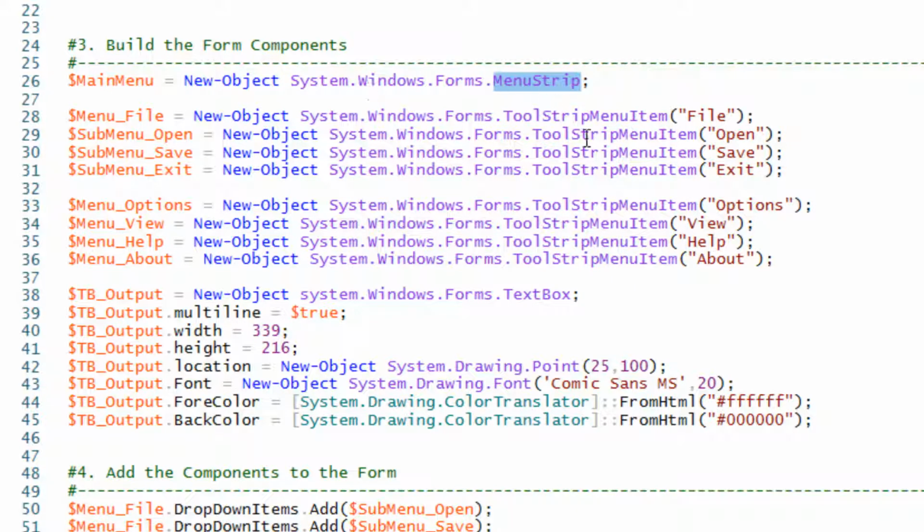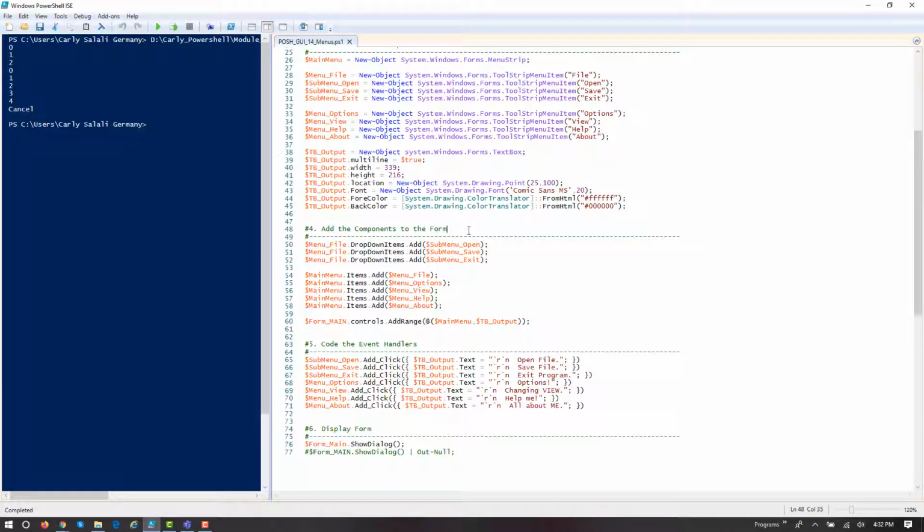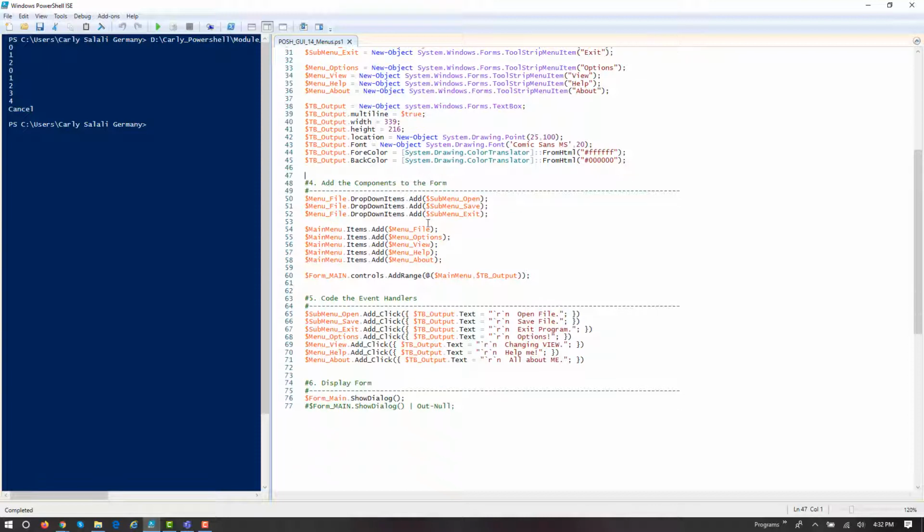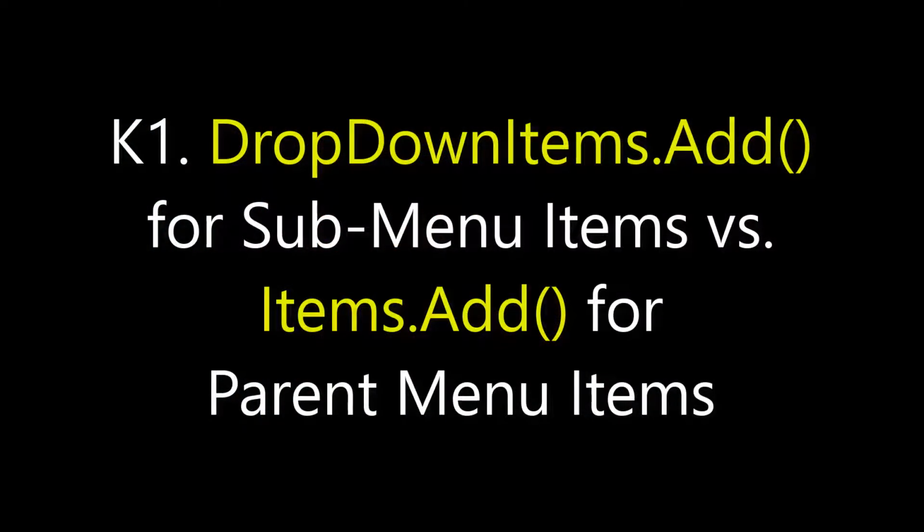So again, we need at least one menu strip, and then for each choice, whether it's a parent or a child, a submenu item, they're still all instances of the same class, tool strip menu item, okay? And you can name them accordingly if you want to. So how do you differentiate between a parent menu versus a child menu item? The order in which you add them. So look down here, right? Under stage 4, where I've designated that with a comment tag. Okay, so